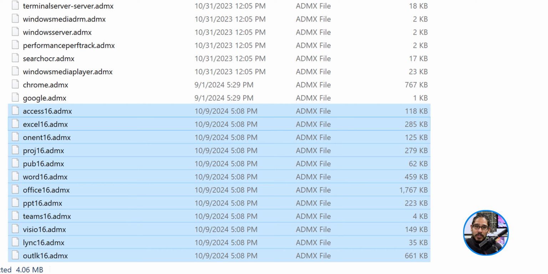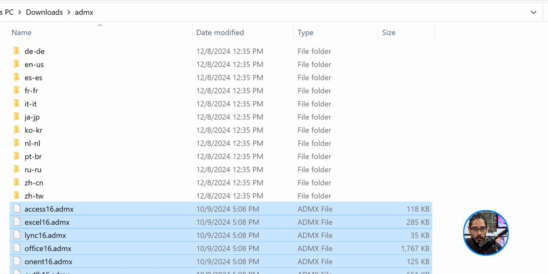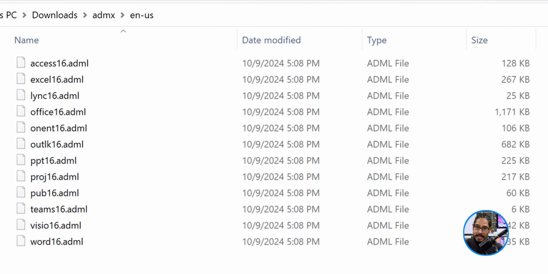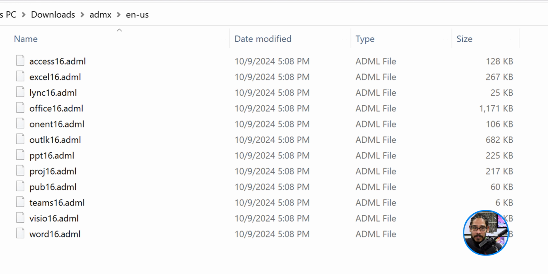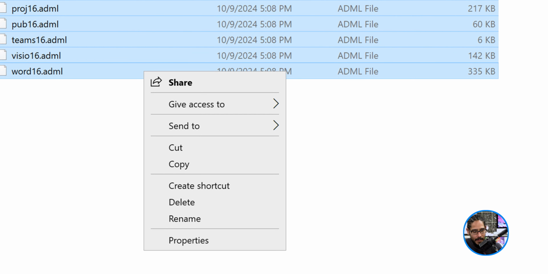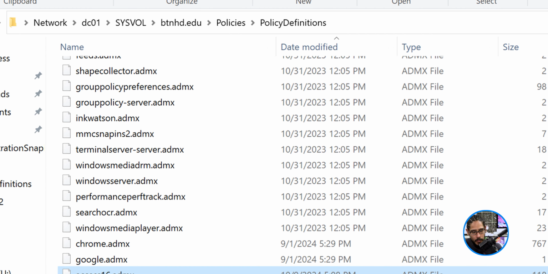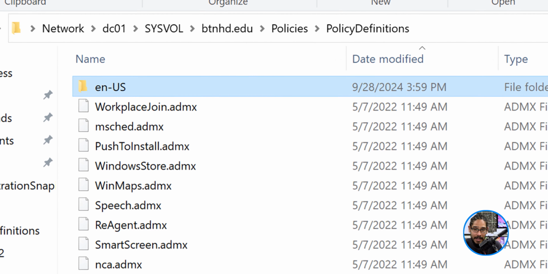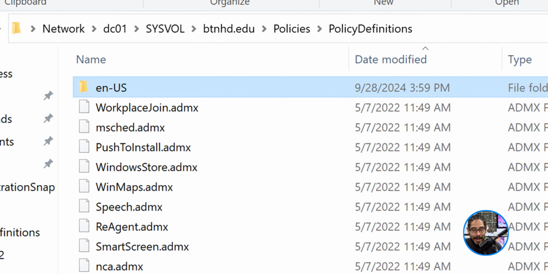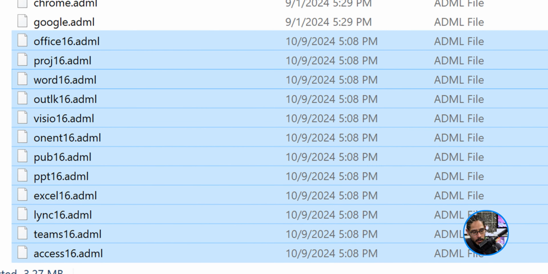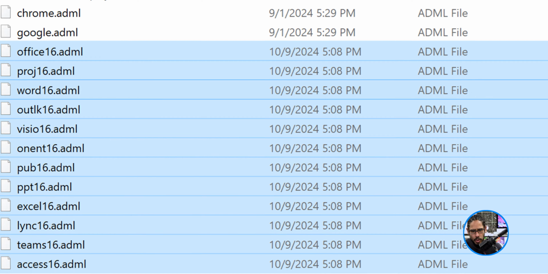Bam. Awesome. Let's head back into our downloads folder where the ADMX folder is located. And we are going to locate our language. For me, it is en-US. So I'm going to double click on that because it is the English folder. We need to copy the language files for our ADMX files. So select all of them, right click on it, and click on copy. Once you click on copy, head back into your PolicyDefinitions folder and go up until you find your English folder or whatever language you have. I'm going to right click on that folder. I'm going to select open. And within here, I am going to paste those ADML files in there. Let's close all this up.